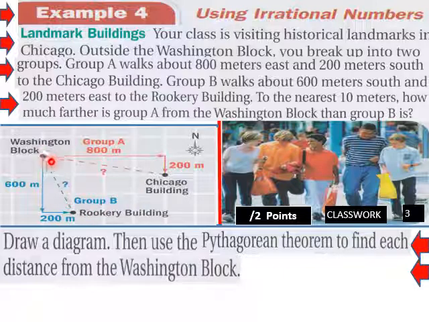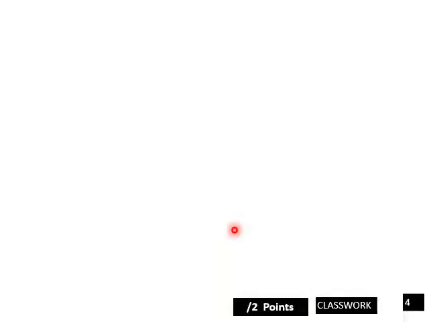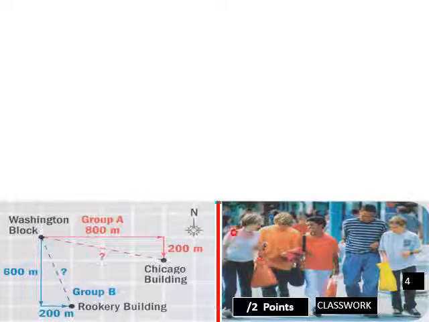For Group A, 800 squared plus 200 squared will equal the square of this distance from the Chicago building to the Washington block. We take the square root of that, the square root of 680,000. And then for the other group, Group B,